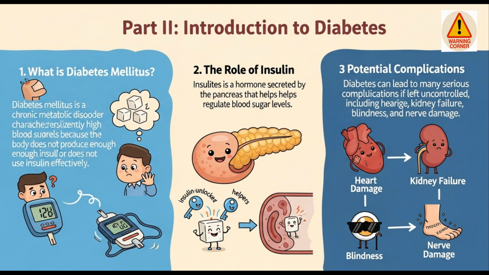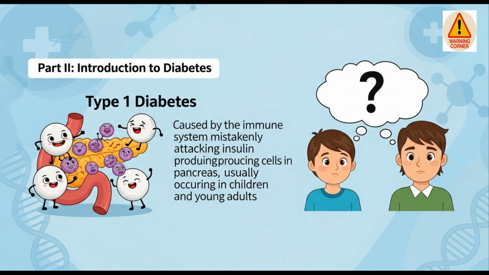Diabetes can lead to many serious complications if left uncontrolled, including heart damage, kidney failure, blindness, and nerve damage. Diabetes is divided into 3 main types. Type 1 diabetes is due to the immune system mistakenly attacking insulin-producing cells in the pancreas, and often occurs in children